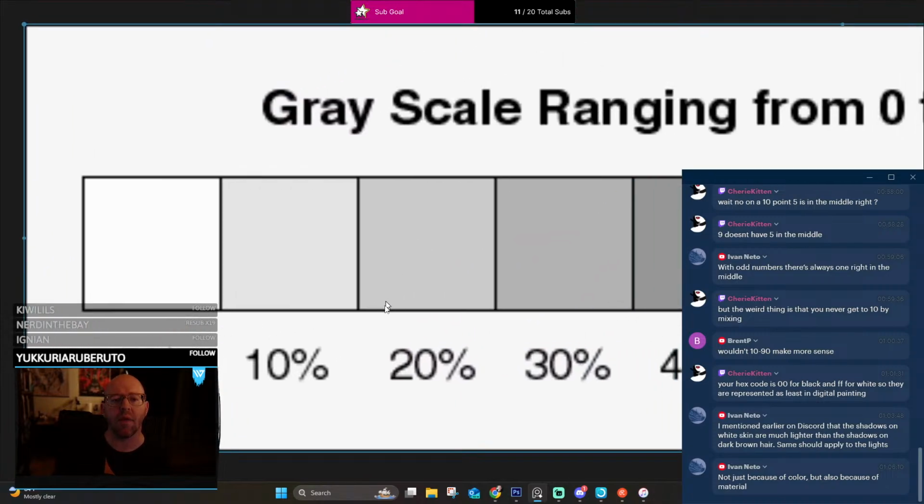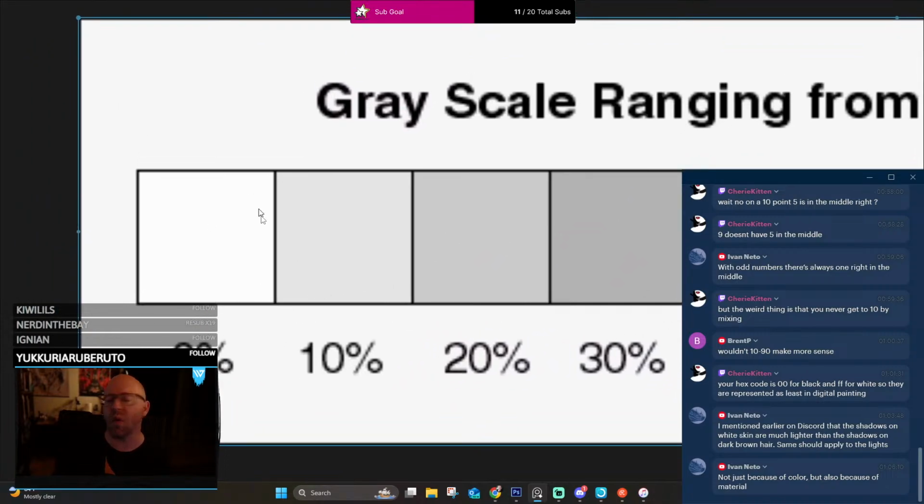What if this was my value scale? What if my shadows were at 30% and my midtones were at the 10 and 20 and then my highlights were at the 0? Does that make sense? That's fine. It still follows the rules. Might be kind of hard to see, but I literally did a card for Varia with this exact value structure. My shadows in the picture were at 30% opacity, or 30%, dark, I guess.